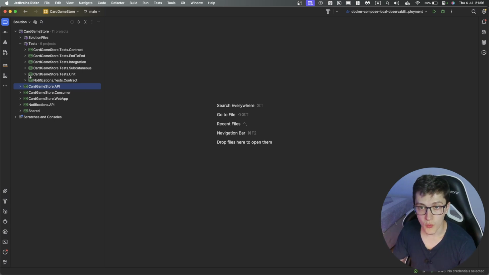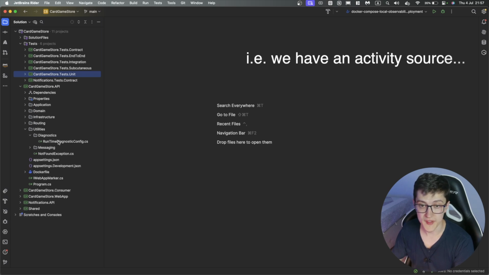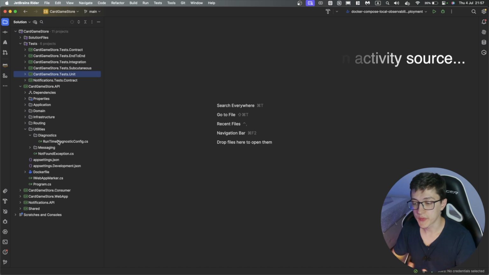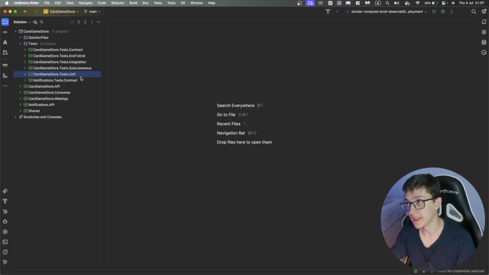First off, I'm gonna go with the unit test since it's the easiest one to set up and to explain the setup itself. When we are running our web API, we have this runtime diagnostic config that we have configured. So basically we have a source that generates telemetry data. When it comes to unit testing, we don't really have that source defined. That's why we're gonna need to define a source. And to do that, we're gonna need a couple of extra NuGet packages. I have tried to do that myself without those packages, and it's doable, but it's an entire crusade to get